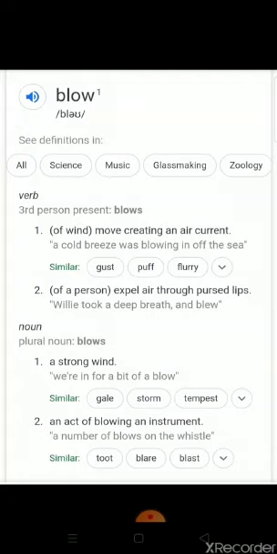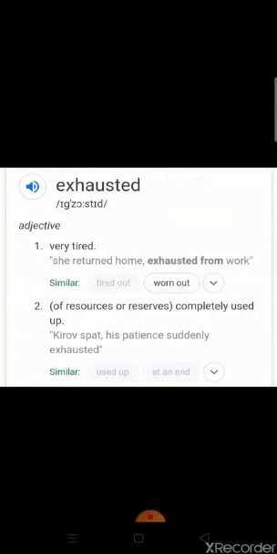She was exhausted. What is the meaning of exhausted? She was very tired. She returned home exhausted from work. That means she was very tired from her work. So like that, she was exhausted but very happy. She was very tired, at the same time she was very happy. It was the longest journey made by a completely paralyzed person. This was the first journey done by a completely paralyzed person, and she has become the first disabled person to sail across the channel.